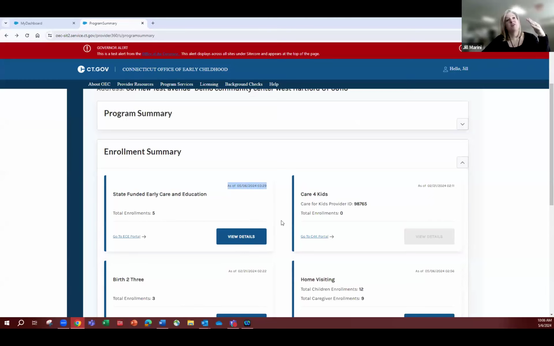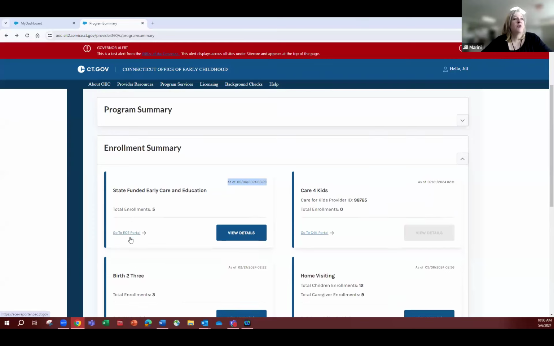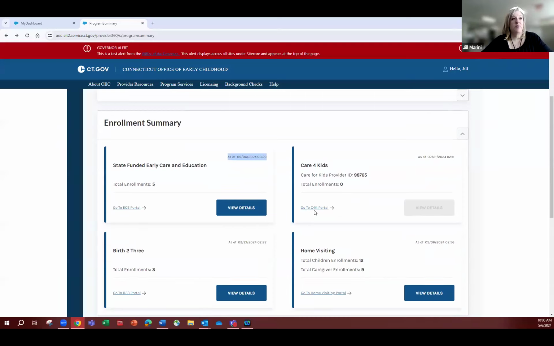It runs overnight to update, but you'll always see the last date that it was updated here. And in each one of these blocks where there's another link or another website that you would go in to actually do things, it has the link here. So here's the ECE portal. Over here is the Care for Kids portal. Into the Care for Kids slot, this one will list all of your children who receive Care for Kids funding